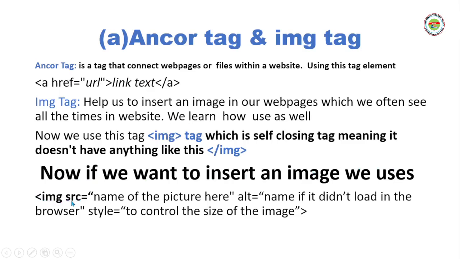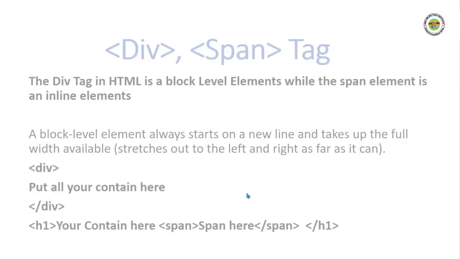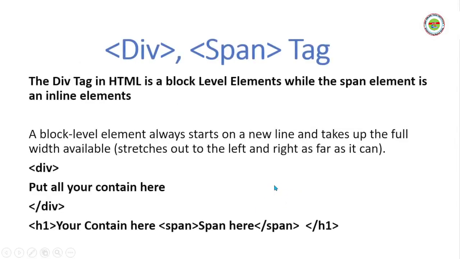What does src mean? Source. Okay, equals to, then we write the name of the picture. Let's say you say my picture dot jpg, your picture dot jpg, apple dot jpg or apple dot png. You put it here between these two quotes, and then we also have what we refer to as